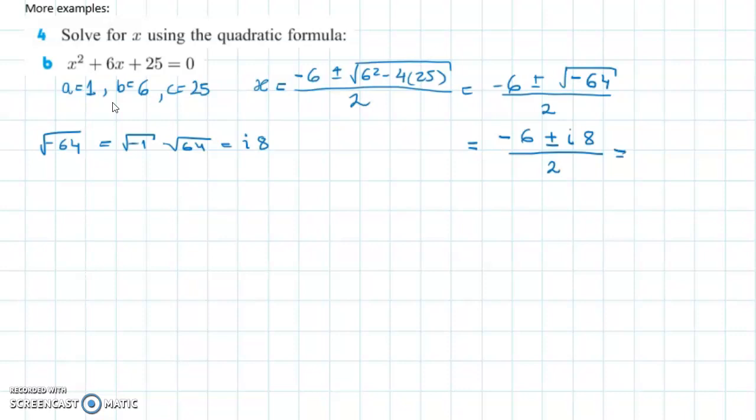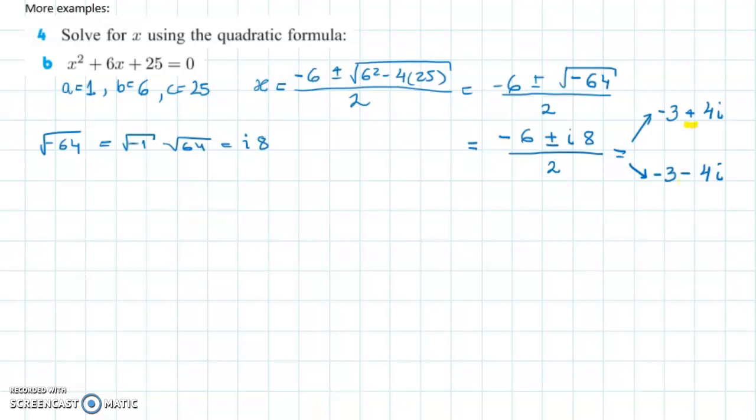So this is two options. With the positive sign, we are going to have minus 6 divided by 2, so negative 3, and then we are going to have plus 4i. And with the negative option, we are going to have negative 6 divided by 2, which is negative 3, and then minus 4i. So we found two solutions for our quadratic equation applying the quadratic formula,